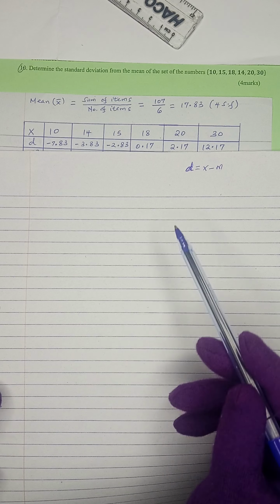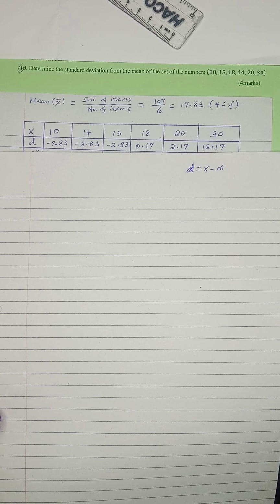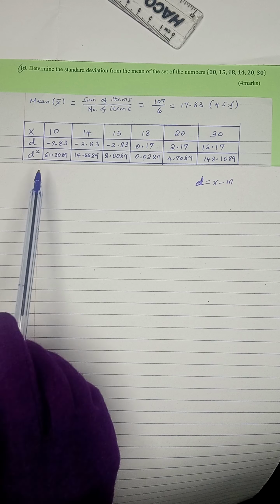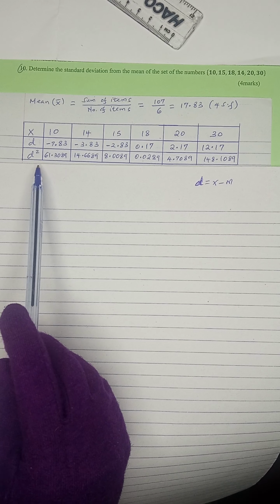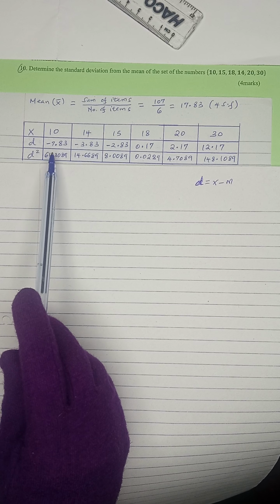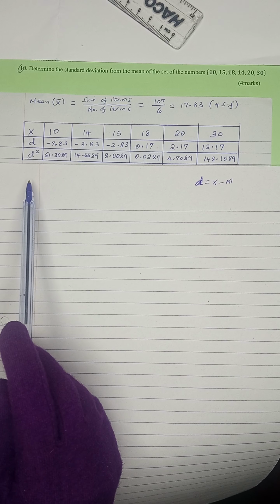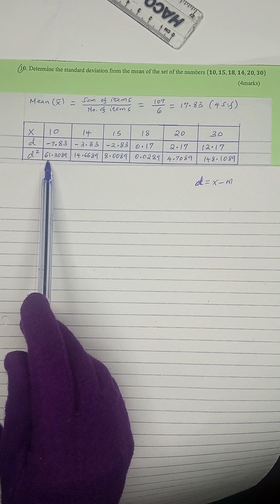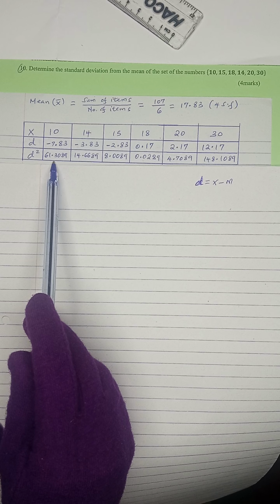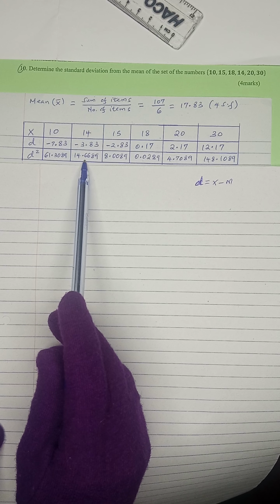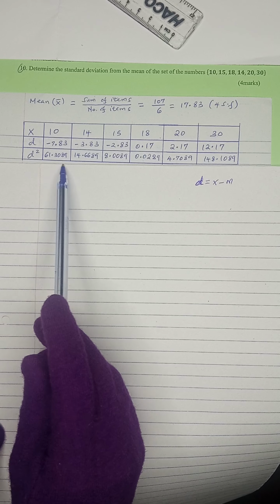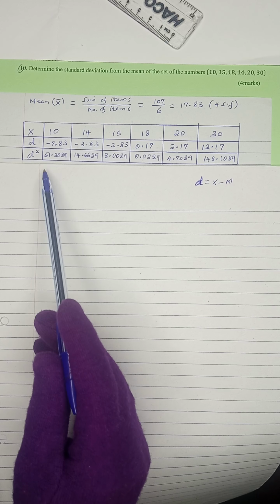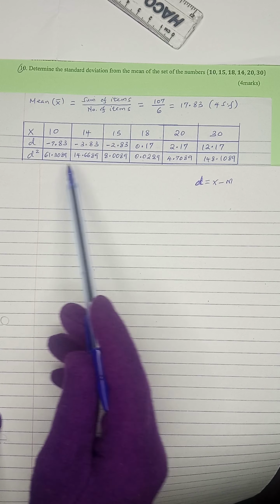So you do the same for all the values, and then you move to the third column, which is now the square of the deviations. Square of the deviations, you just take negative 7.83 and you square it. So you can round off your value to 4 significant figures. Like here, you'd have had 61.31, here 14.67, but I just decided to write the exact value because it was not very long. So 61.3089,